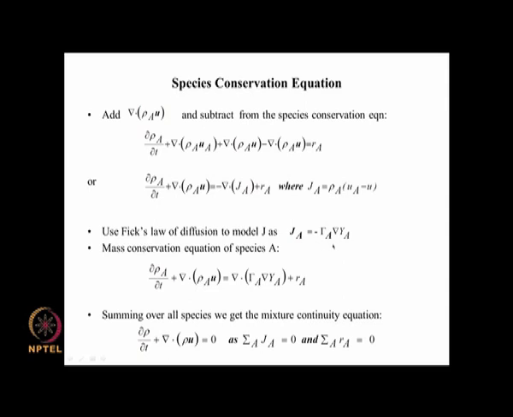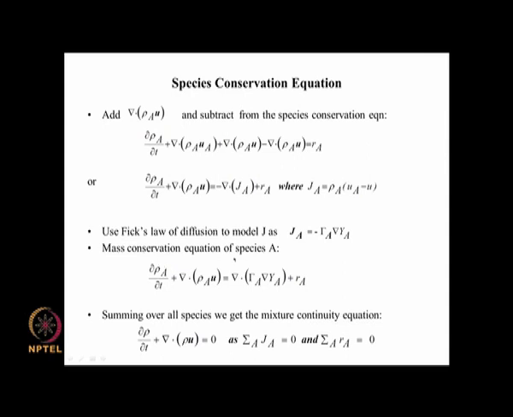So we have to be careful about the units of this. There are different ways of formulating Fick's law of diffusion in terms of mole fractions and mass fractions and all that. We have to make sure that the definition is correct, and once you substitute this into this, we have an equation which involves rho by rho A and all these things here,